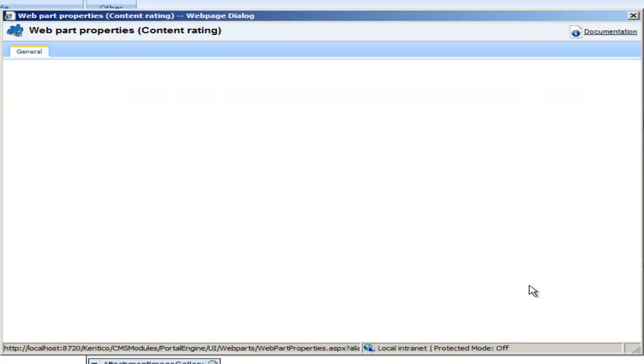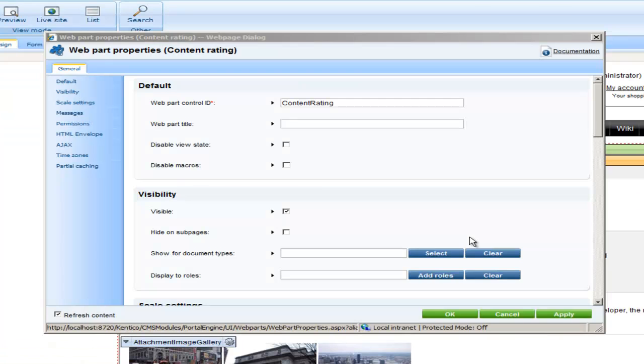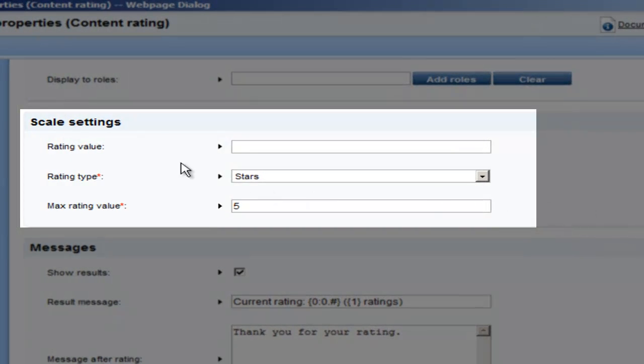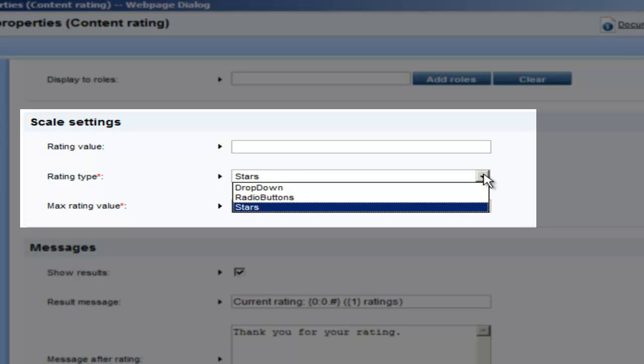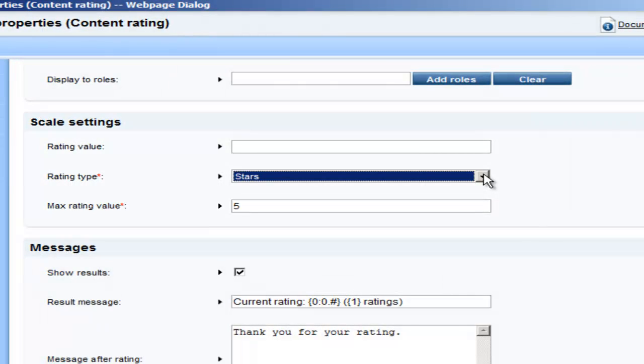part, and click OK. Within the Content Rating web part properties, there's a couple of key fields that we want to set. First, within your scale settings, if you want to explicitly set the value, you can do this using your ratings value. You can also use ratings type, which is required, which is where you can define either the drop-down, the radio button, or stars. And you can also define a max rating value. So if you wanted the max value to be 7 or 10 or some custom number, you can define that